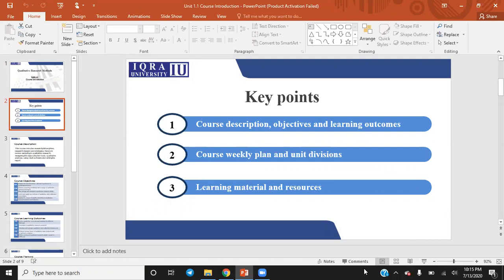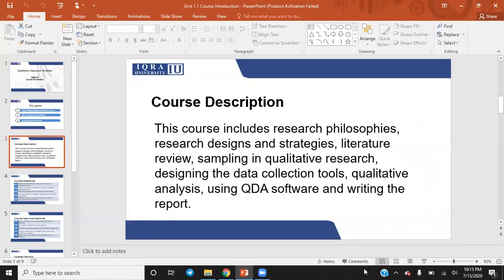So, a bit about qualitative research methods. This course is basically designed to help you in your thesis. For example, if you opt for a topic in your thesis and you decide that you might want to go in depth, you might want to find different reasons, find different variables, and you might want to do more exploratory kind of research, or maybe you want to do a mixed method kind of research apart from the statistics. Then you would need to understand what qualitative research is.